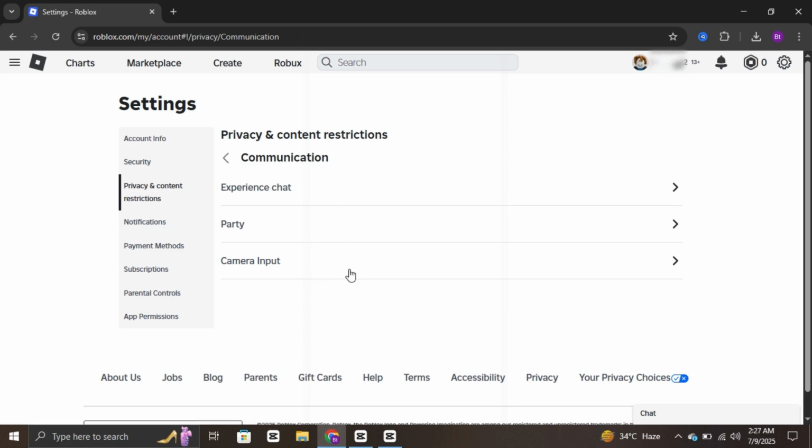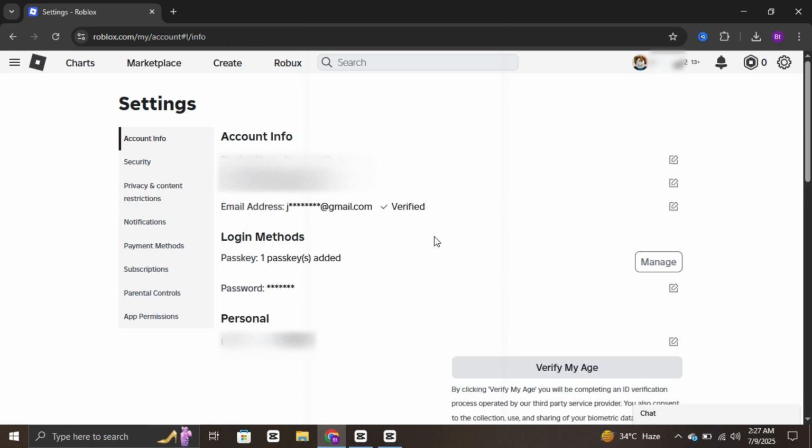Now, if you don't see the voice chat option here, then it's important to understand what steps you need to take next. Next, go to the Account Info tab. Now, what I'm going to explain is very important if you want to enable voice chat in 2025. First, if your age is under 13, you won't get the voice chat option. Second, if your phone number is verified, then you might get the voice chat option. But if your phone number can't be verified or your country isn't supported, then you'll need to verify your age